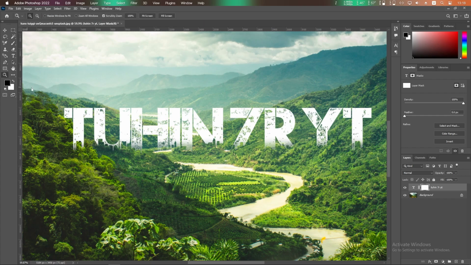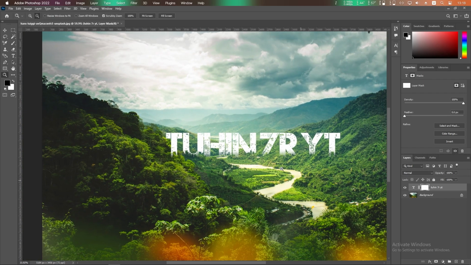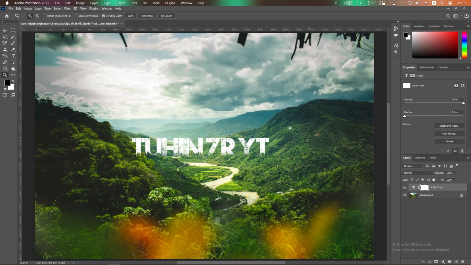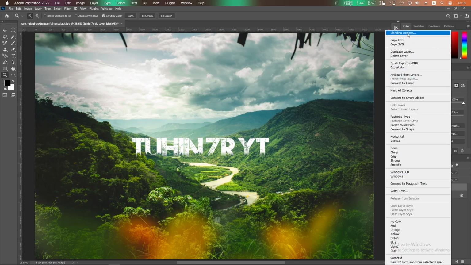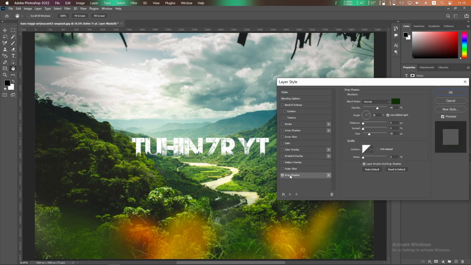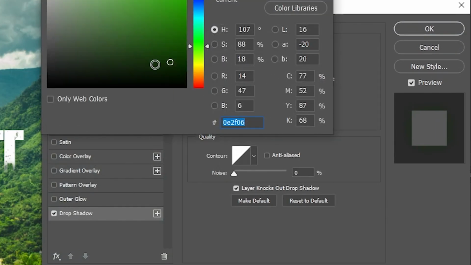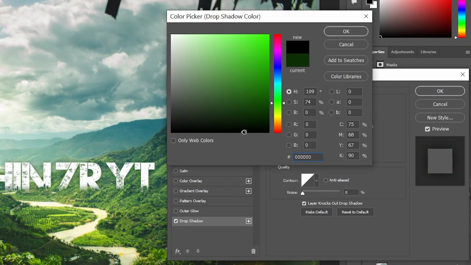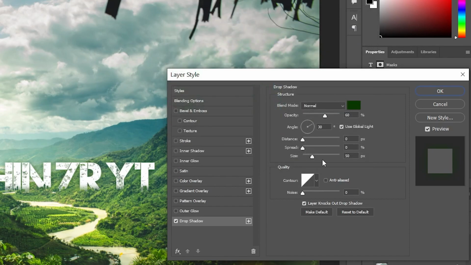Now see how the text is blended with the forest. You can also stop here, but I'm not gonna stop here. Right click and click on blending options and click on drop shadow. From here choose a deep green color, not pure black, a very dark green color as a shadow. Make this 0, both of these 0, angle 30 degrees and opacity something like 60 or so,